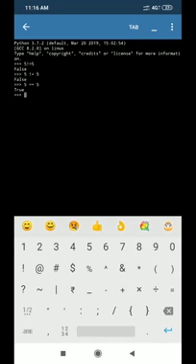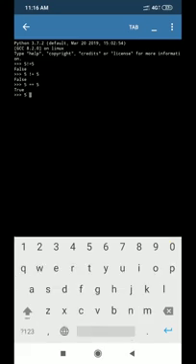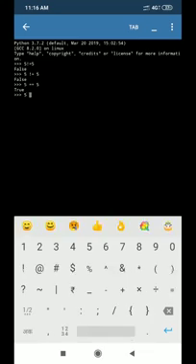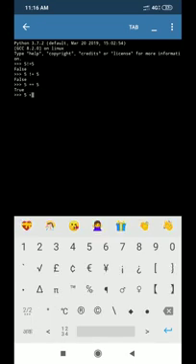Multiple condition means you are comparing more than two numbers. Okay, in that case what will happen? See, 5 is less than 4.